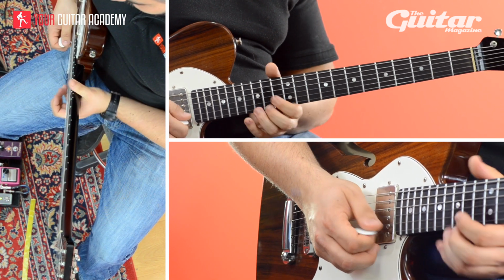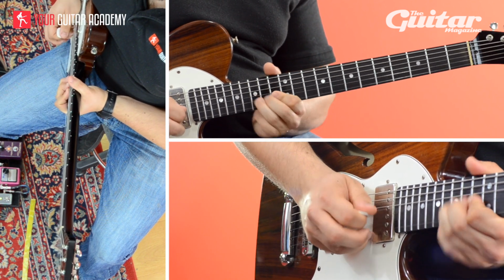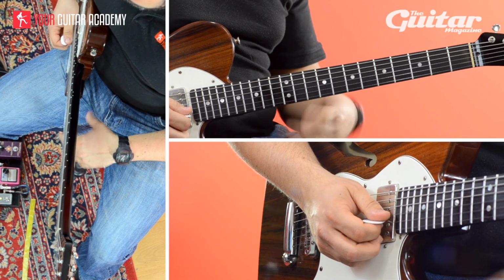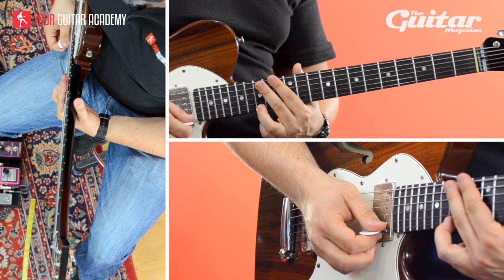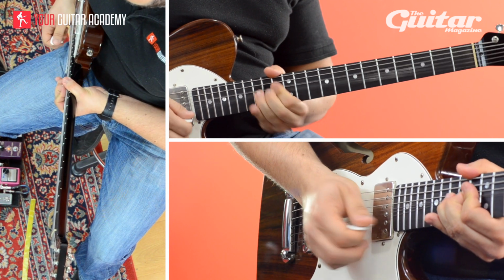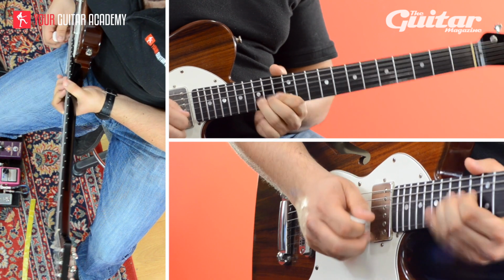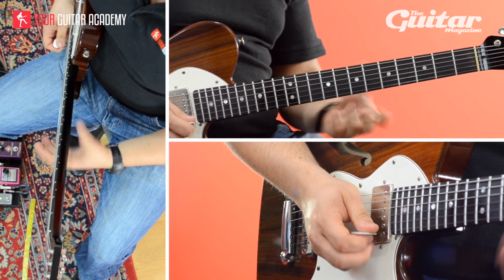Okay, and then after that, okay, and that's the lick that rounds off the sort of the solo proper. So it's up to the 15th fret, still in shape 4 of A minor pentatonic. 15th fret, E string, full bend. So it's like a big finish to that fast lick. And then we've got,